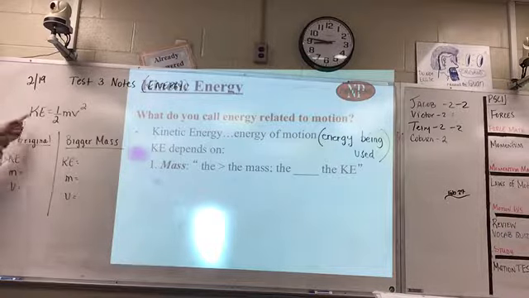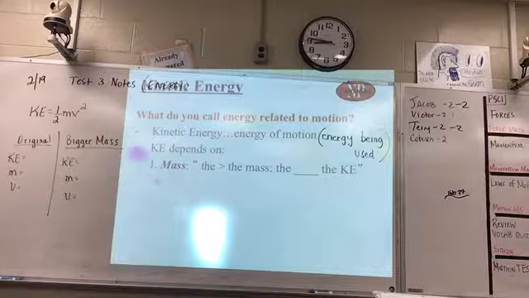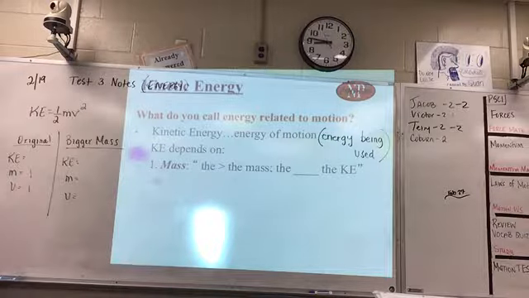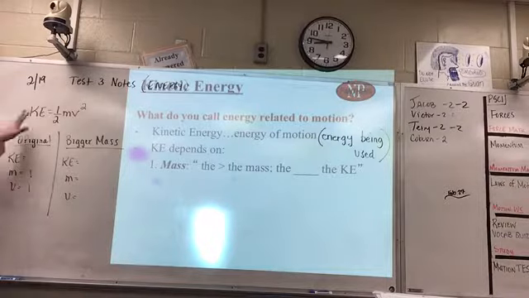I'm simply going to use this formula, and I'm just going to use the easiest number I could use. What would be the easiest number I could use? 1. So I'm going to say my mass is going to be 1. My velocity is going to be 1. Okay? Now, when we go to your calculator now, okay, so now what I want you to do is I